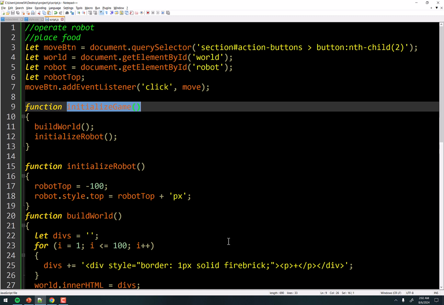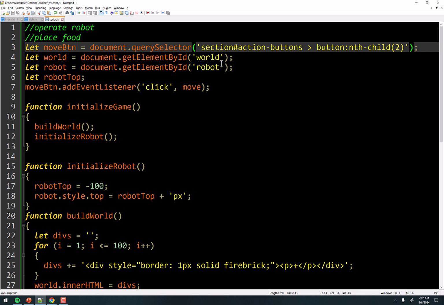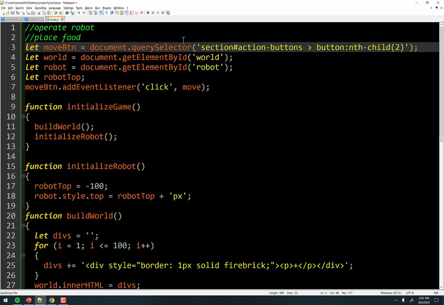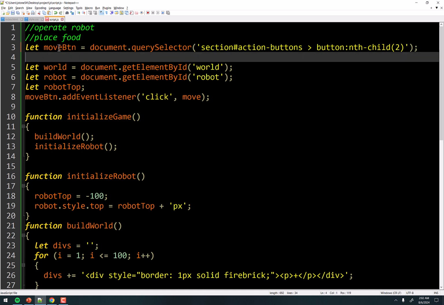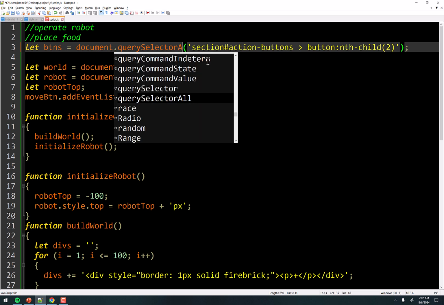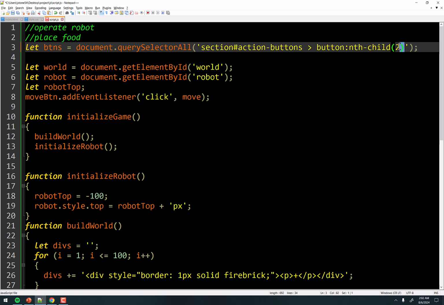So let's just start figuring out how we're going to rotate him. Well, we need event listeners on him. Well, we can do this again, right, for each button, right? But that would be kind of a pain. Remember, we have this other guy called query selector all. So how about we do this? Rather than having this move button here, we just get all of the buttons. And rather than doing query selector, we do query selector all, and we just select button. Now remember, button is an HTML tag, and because it's a tag, therefore it is also a selector, right? You can select a tag in your CSS.